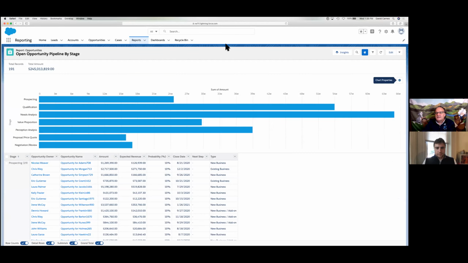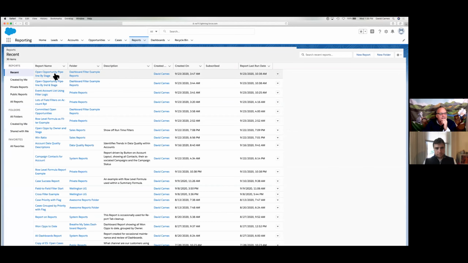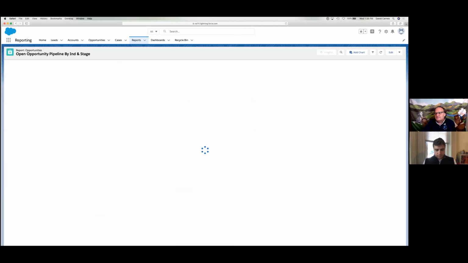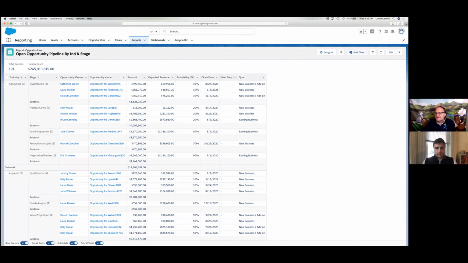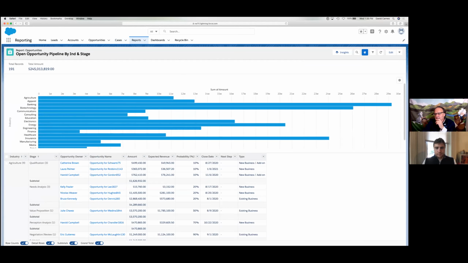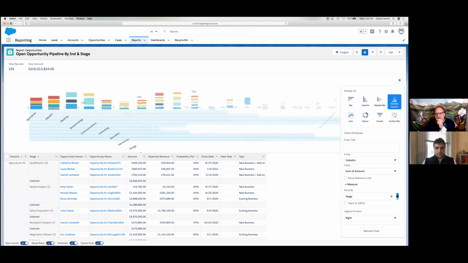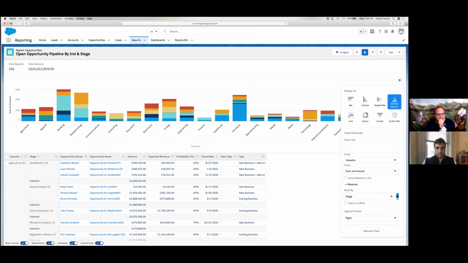This one isn't even filtered correctly. Okay, so let's add a chart to this one. Make it a stacked column, so it's a little bit more interesting. All right, so this one isn't a matrix, but regardless,